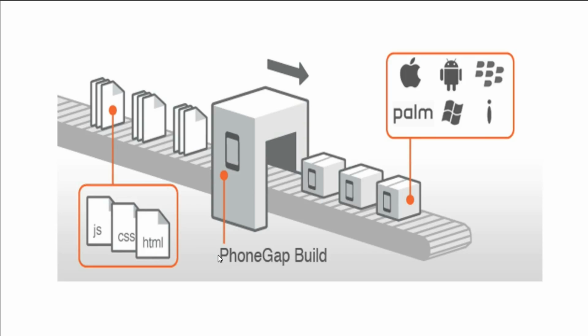Now, let's talk about the structural layout of PhoneGap. This is the PhoneGap build at the center of the script, and this is the translation of the script. Now, you see what we need is the JS, which is known as JavaScript, the CSS, which is known as cascading style sheets, the HTML, which is known as